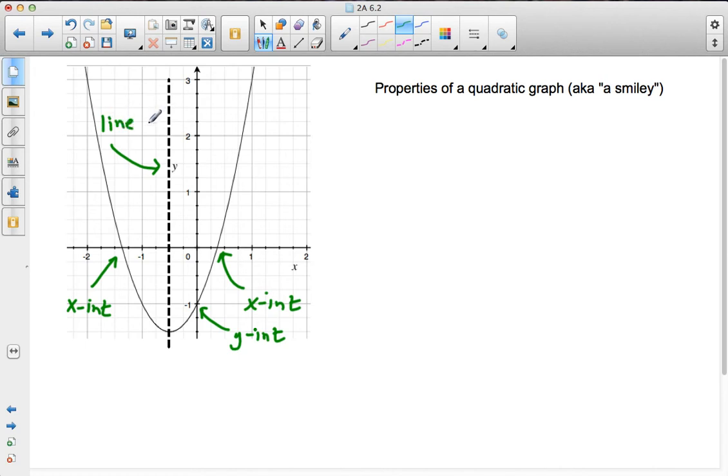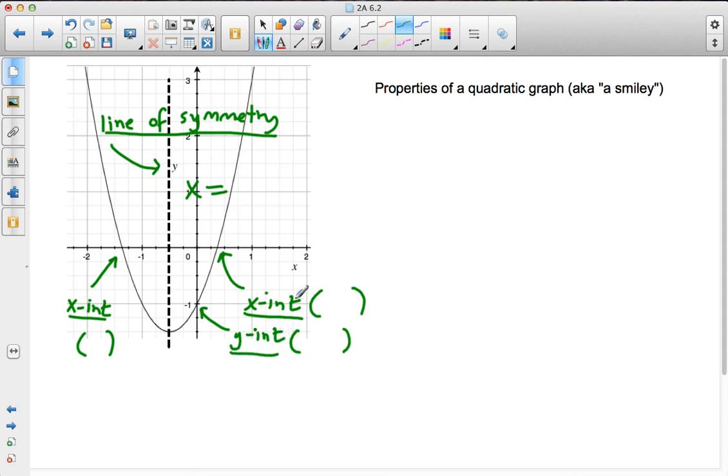And when you're defining your line of symmetry, you're usually defining that as x equals something. Your x-intercepts and your y-intercepts are set as ordered pairs. So the important words here are line of symmetry, x-intercepts,